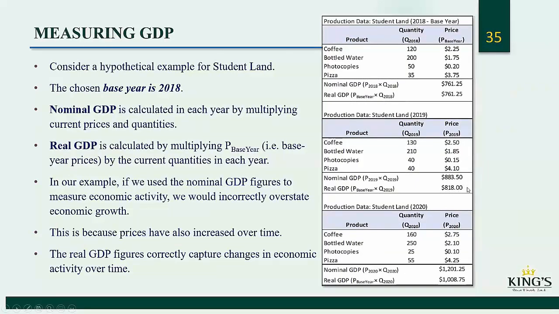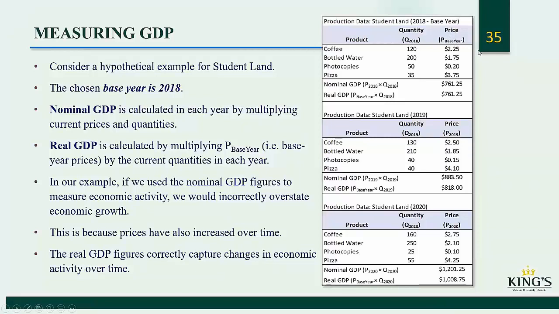So we're going to take these quantities and multiply them by these prices. When we do that, we get 818 point. Okay, so the difference between these two numbers is that price effect. Real GDP was lower, and it was actually 818. So we can compare directly this number and this number. The only difference between these two numbers is because of the differences in quantity. Since this number is greater than this number, we can say that there has been an increase